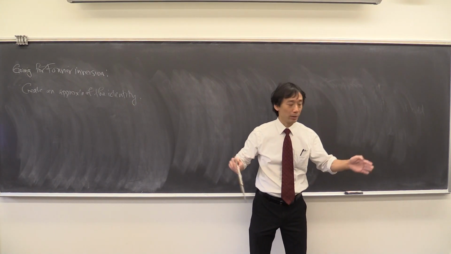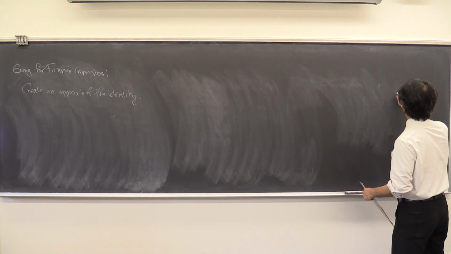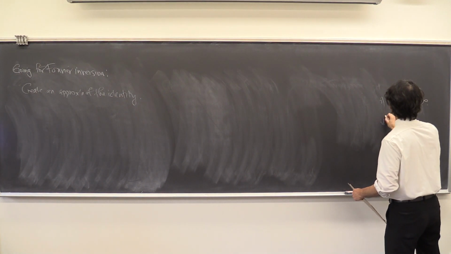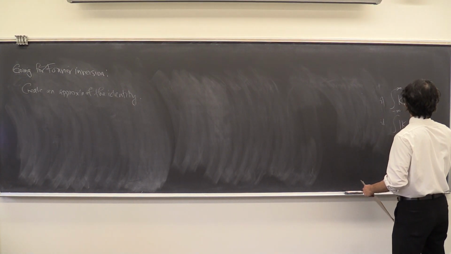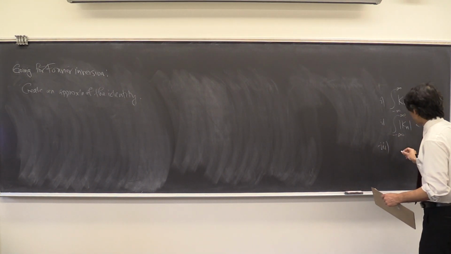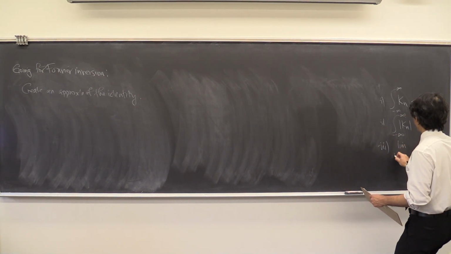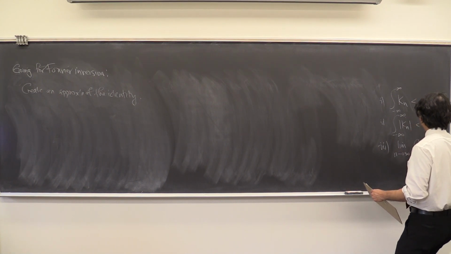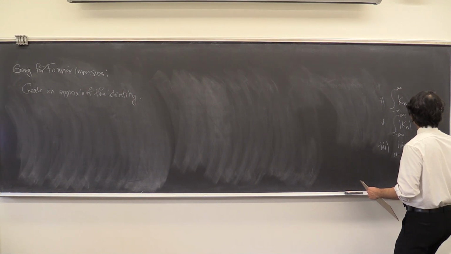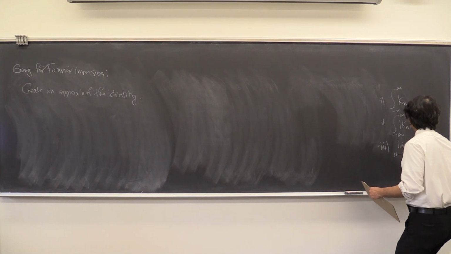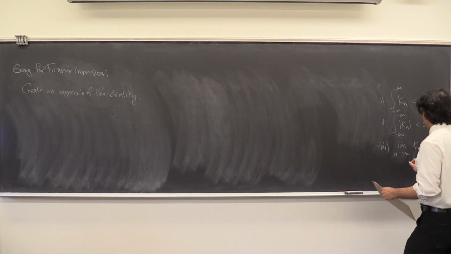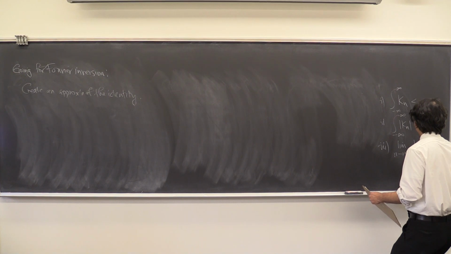As you remember, you want three things: you want this thing to be finite, you want this thing also to be finite, and you also want that away from the origin, the limit as n goes to infinity to be 0 for x outside of